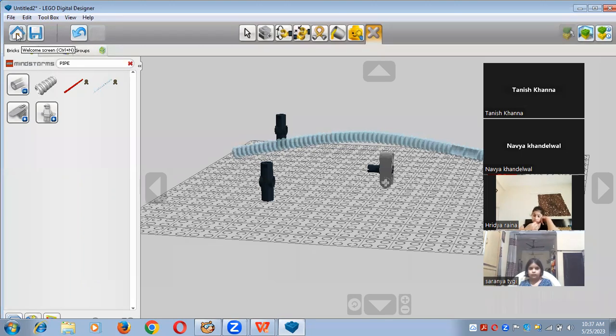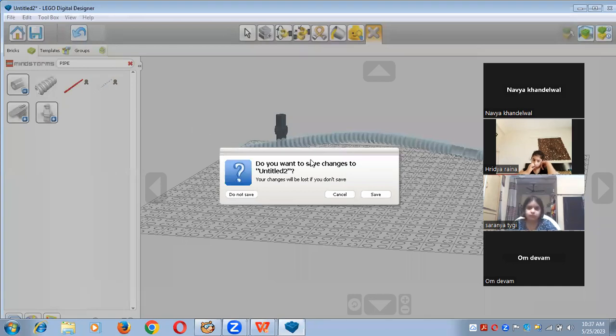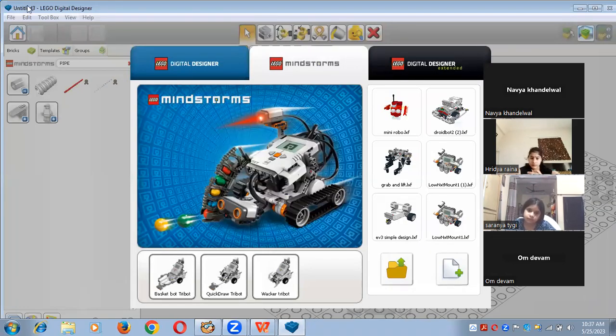And even if you want to go back to the welcome screen, here is the option. If you want to save it, you can save. If you don't want to save it, you can click on this do not save, and you can directly jump onto the main screen. Okay,